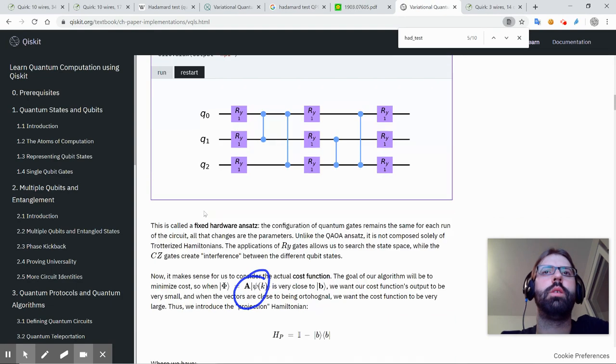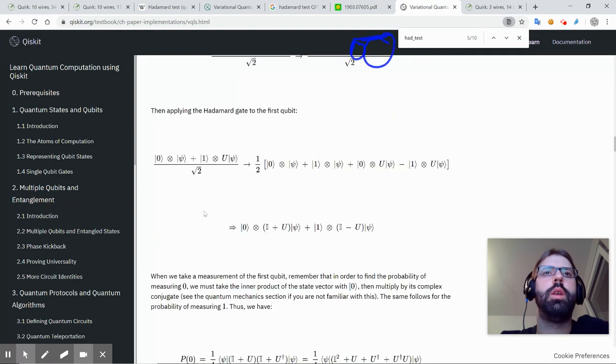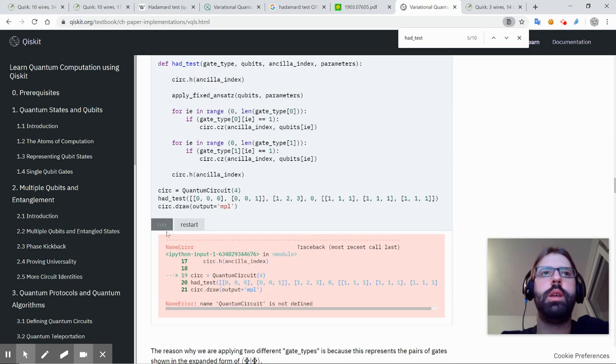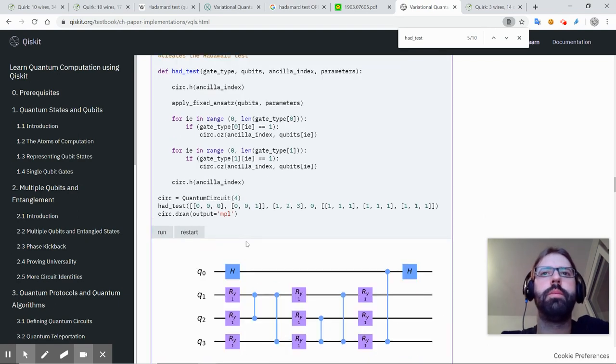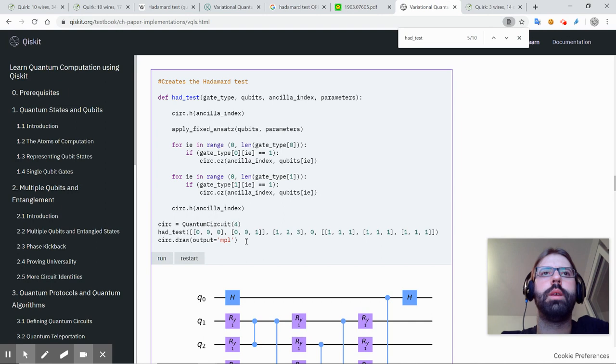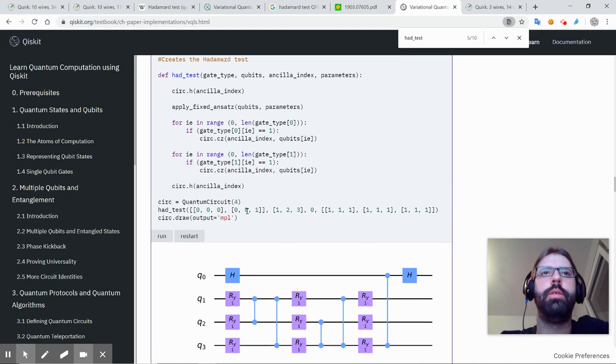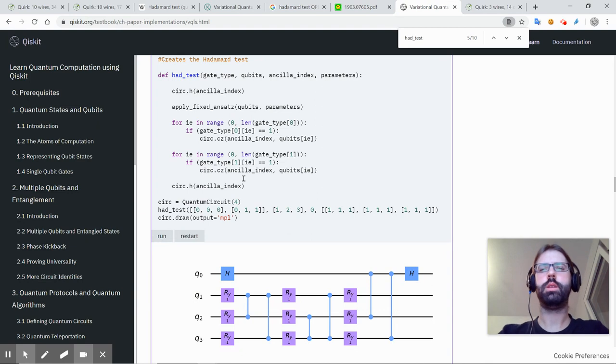Fixed nonsense. And run. And if I say 1, mi amigo. If I say 1,